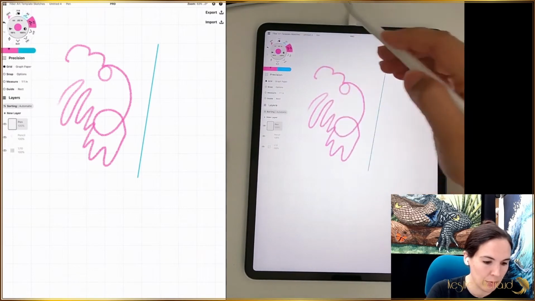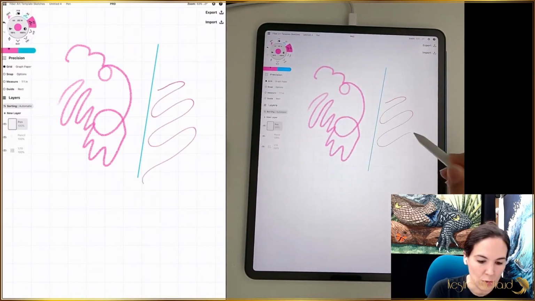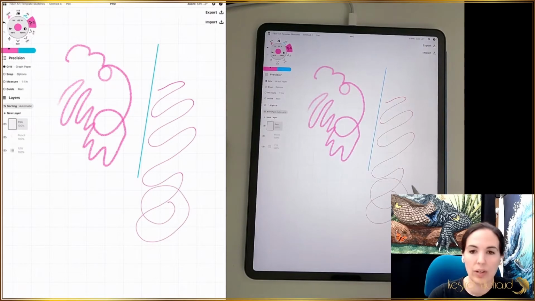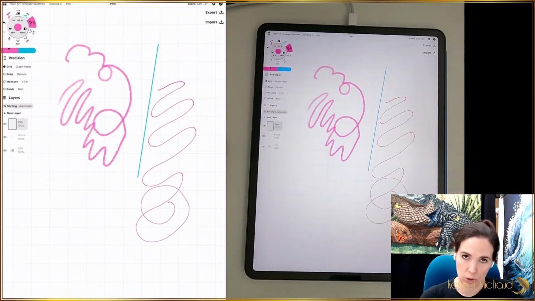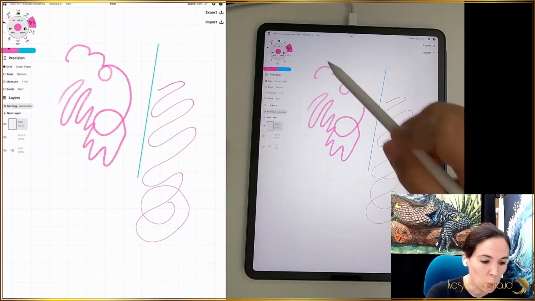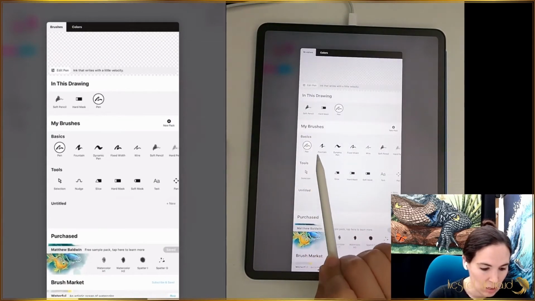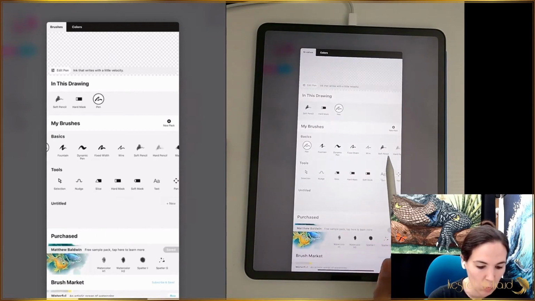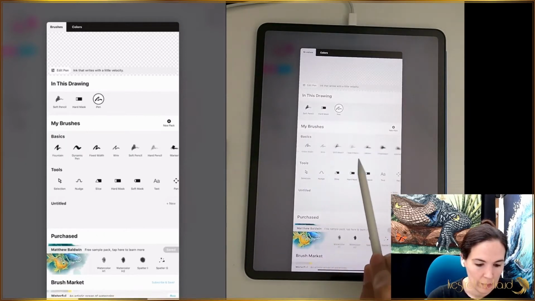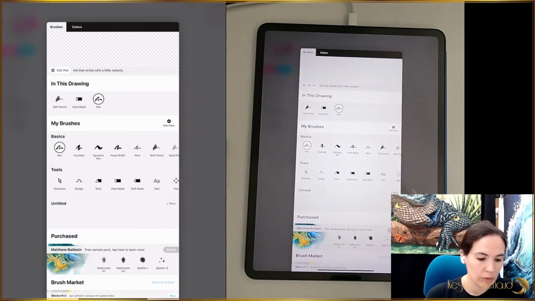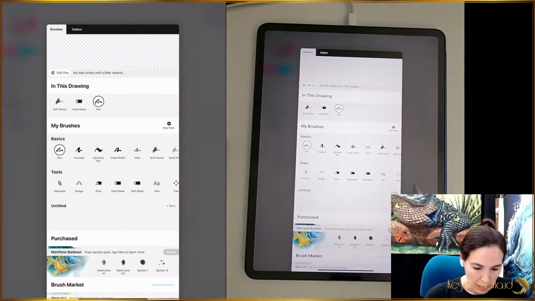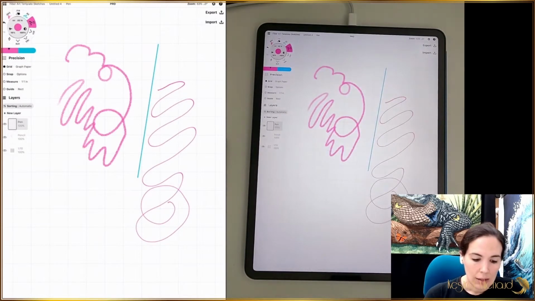The other pen tool I have is for making my finished lines. This is the tool that I use to make my final lines that are then exported for later editing in Illustrator. The reason I use the pen tool and not any of the other brush options that are available, you can see basics. There's the pen, the fountain pen, dynamic pen, fixed width, wire. There are all these other tools, all these other brushes that are available. I use the pen. Reason being, I like the cleanness of the line and the way the pen looks, like